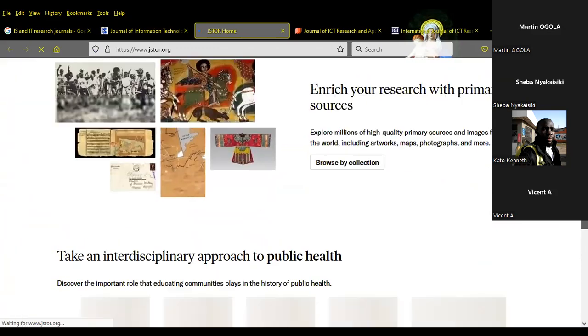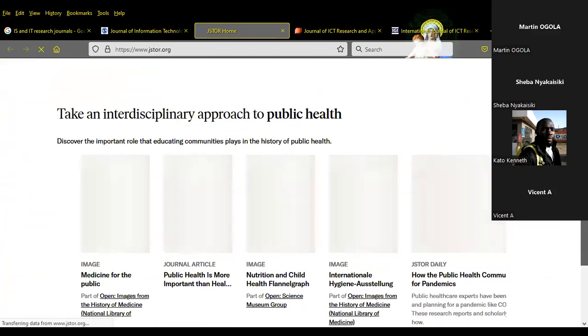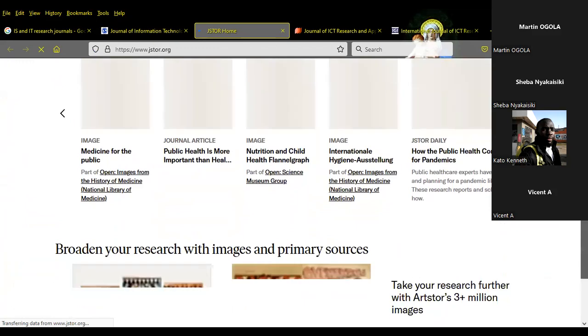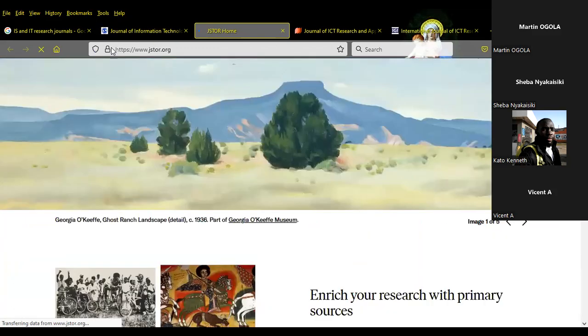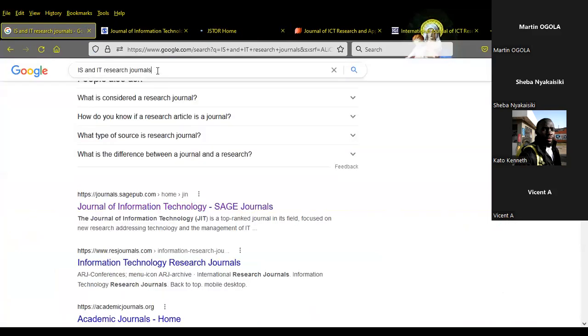And some of them, these you can access through UMU. I think those which I had found,